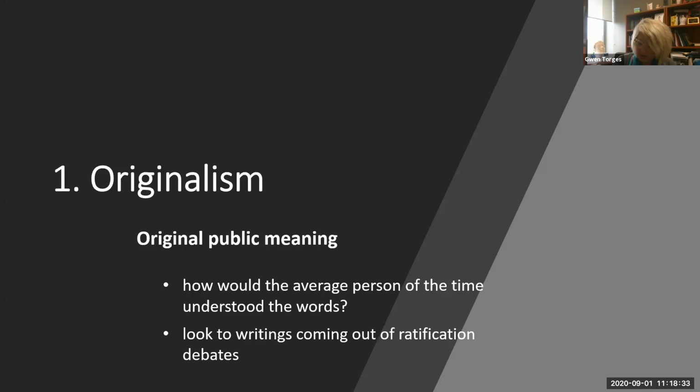So again, a judge who is an originalist isn't saying that change should never happen. They're saying when change happens, it's only fair to let the elected branches do it. Because if the elected branches change things and the people don't like it, there's a mechanism for that. They're accountable at the next election. Whereas if a judge is the one that changes something in the law or the Constitution, they'll still continue to be there for 10, 20, 30 years. So it's about accountability and who should make the changes. Nobody's arguing that things shouldn't change. It's purely an argument about whether it is appropriate for judges to make the change.